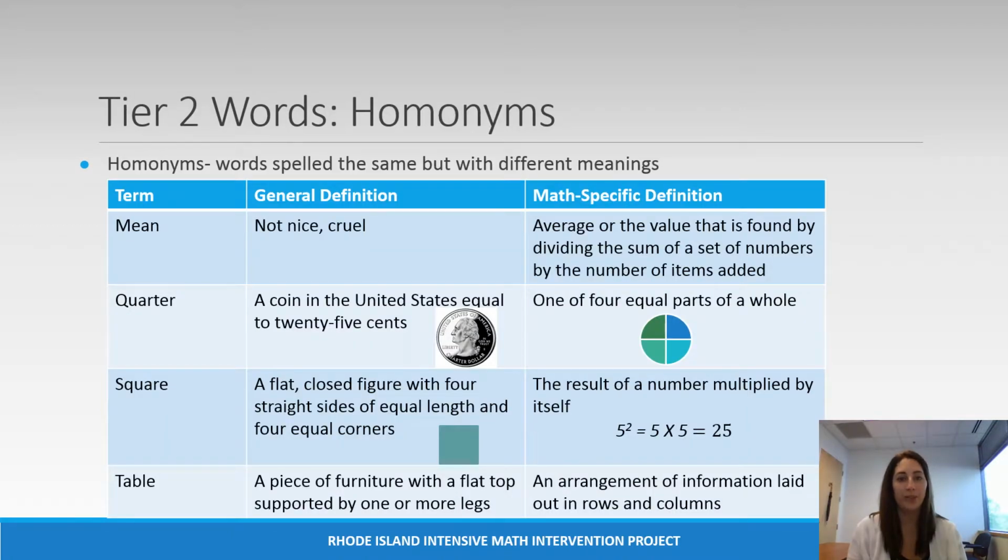With Tier 2 words, students must be flexible with their use of language. Students may understand the general concept, but need greater precision and specificity for how it is used in specific contexts. Homonyms are words that are spelled the same but have different meanings. A good example of this is in the first column, the word mean. Students may be familiar with the first definition, which is to be not nice, but not the second, which is